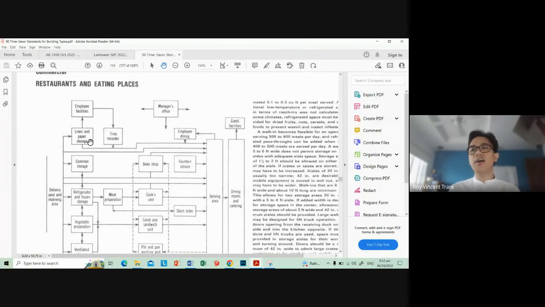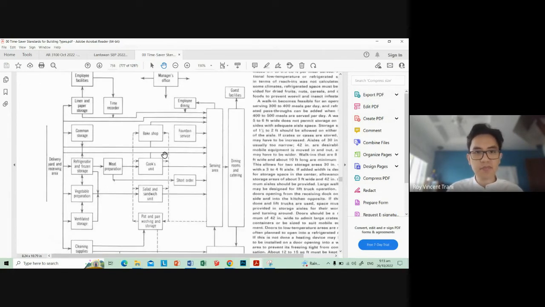So the employees need to change into their like uniforms. And then they need to time in. So you have that time recorder. The manager's office has to be located in a place where they can see all the operations, similar to your supermarket. And then from the refrigeration or the frozen storage area, you need to be close to the meat prep